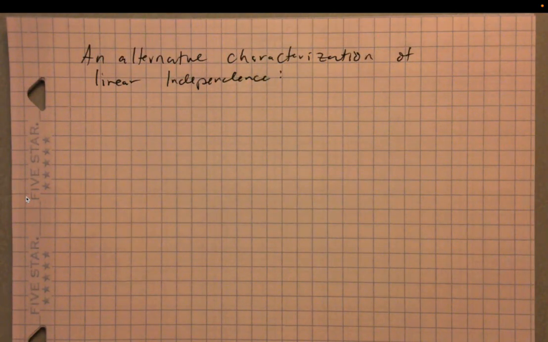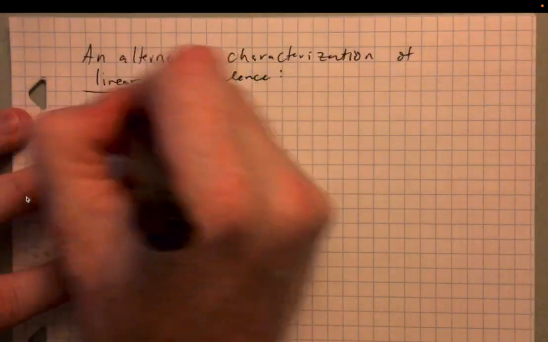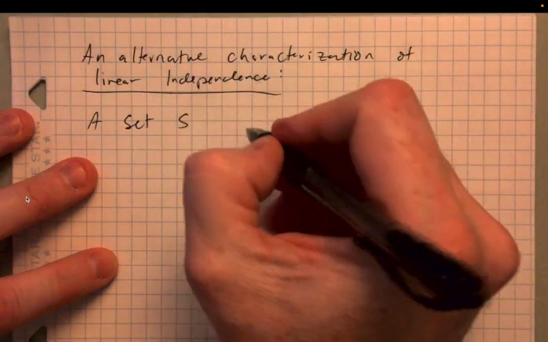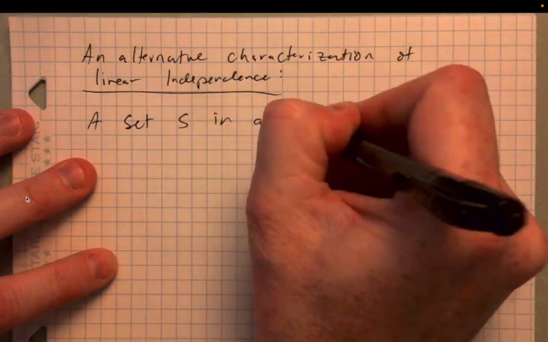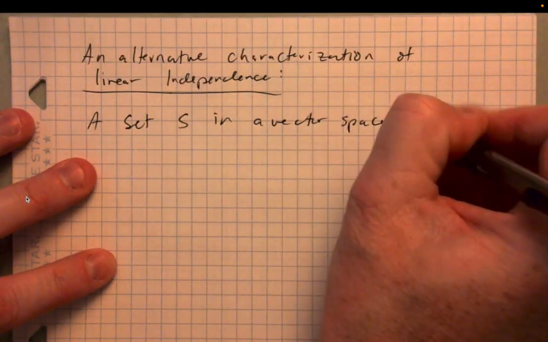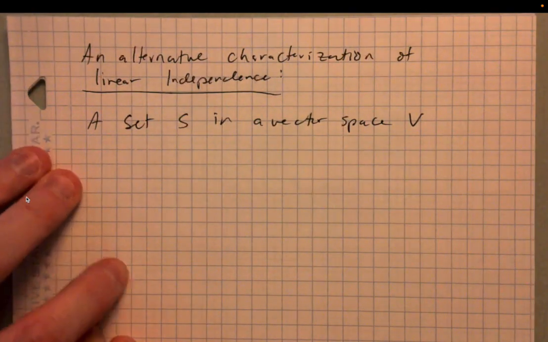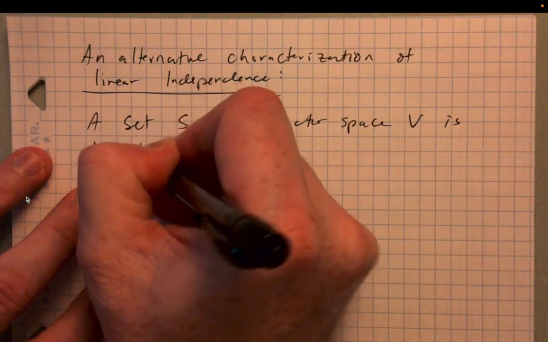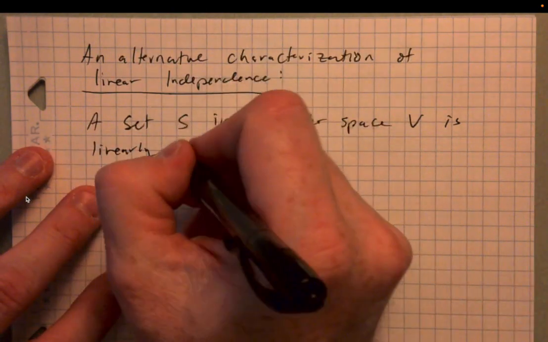You can think of this almost as a definition. So we'll say a set S in a vector space V is linearly independent